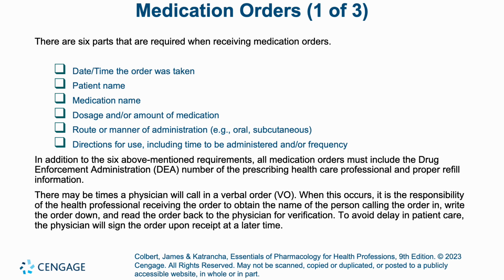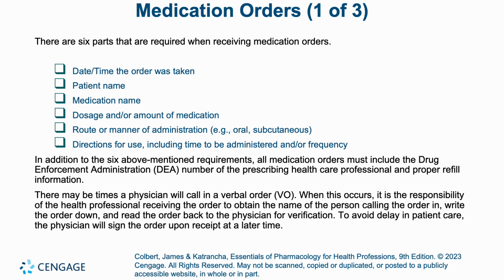Okay, I can put that order in for you. What is the patient's name? Let's make sure we're talking about the same patient. Which medication do you want ordered? How much of that medication? How many mLs? How many milligrams? And do you want that given via IV, via intramuscular shot, orally? All those things need to be there. And then directions for use. Is this a one-time order, or are we giving it every 4 hours, every 5 hours? So we want to make sure that we have all of that information, as well as the prescribing doctor's name. And then if it's a prescription sent to a pharmacy, it also needs to have that DEA number,